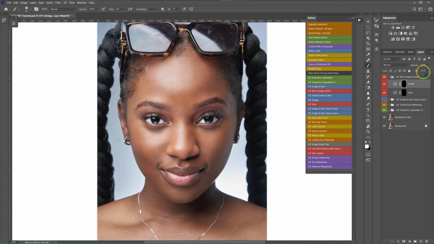So I'm going to reduce the opacity to 60%, okay. These are before, these are after, these are before, these are after. So the next thing that we are going to do now, we're just going to do the global dodging and